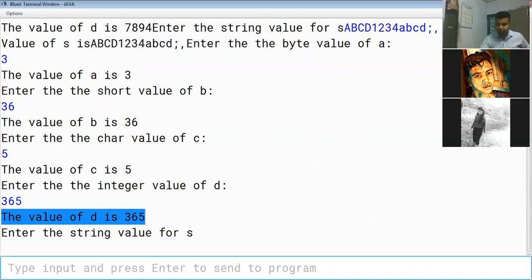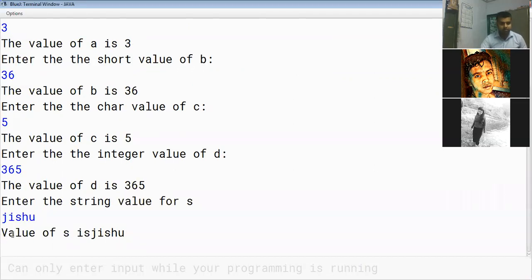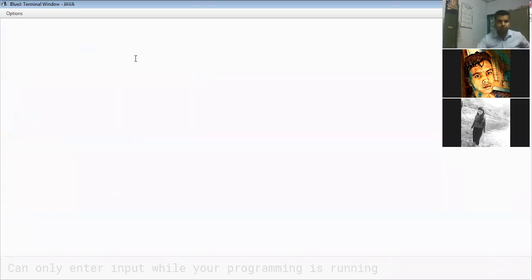If you take the string value, let's say Jishu. See, the Jishu is coming in a single line, and this entire printing statement, the result statement, is coming in a different line, and your input is also coming in a different line. So the matter of fact is that what I am trying to tell you is, if I show you the program,